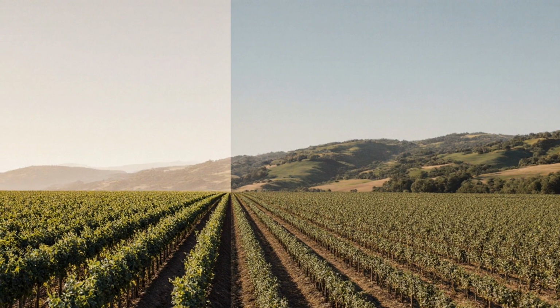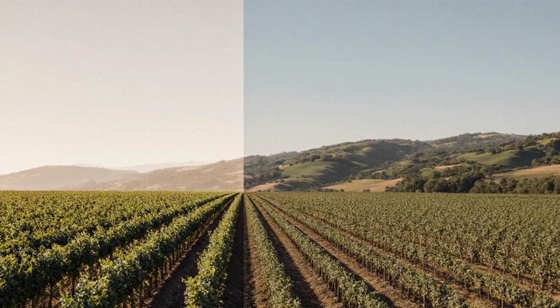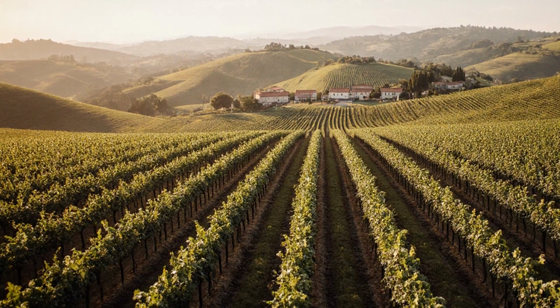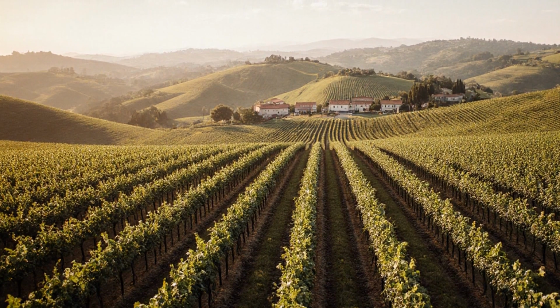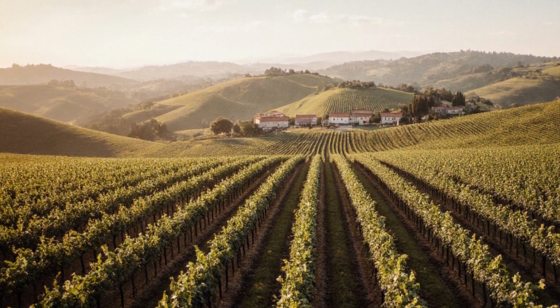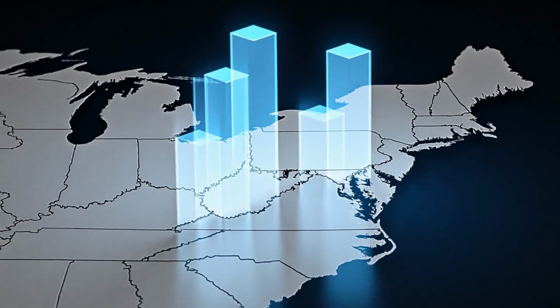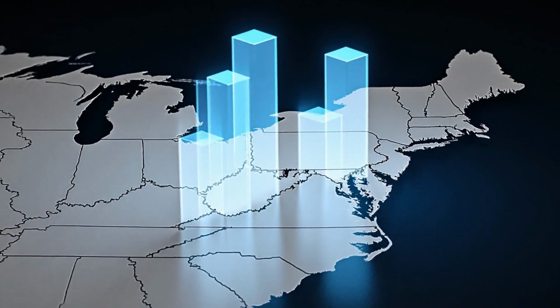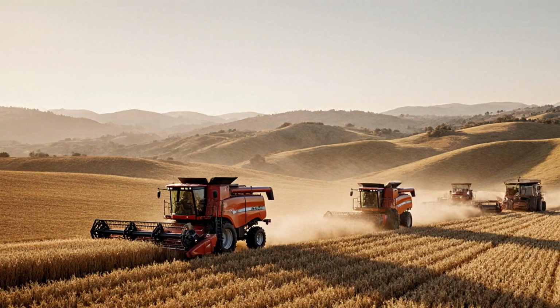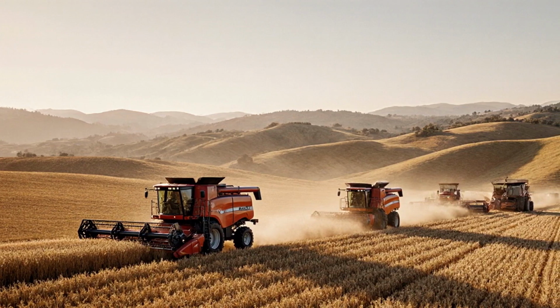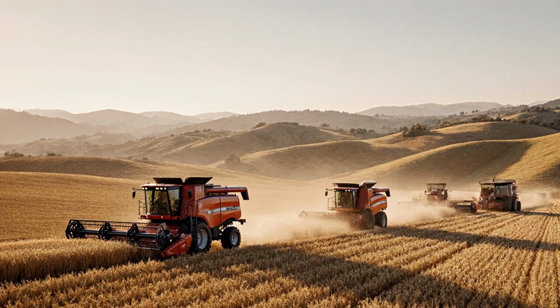This comparison highlights agricultural yields in the coastal plain versus the Piedmont region. The focus is on demonstrating the economic advantages of inland farming practices. Yield differences reveal the impact of geographic factors on agricultural productivity. Inland farming in the Piedmont shows a potential economic edge due to higher yields.